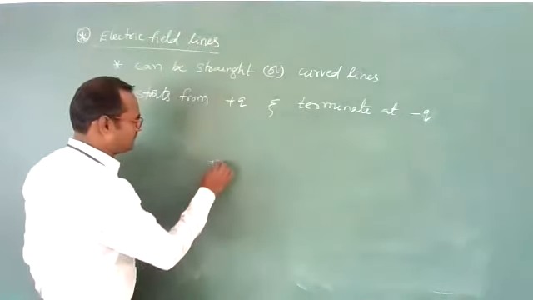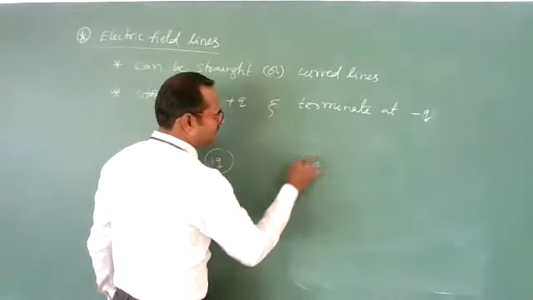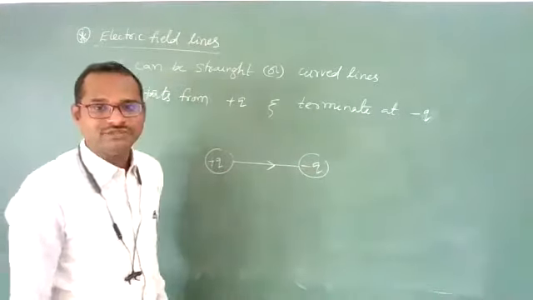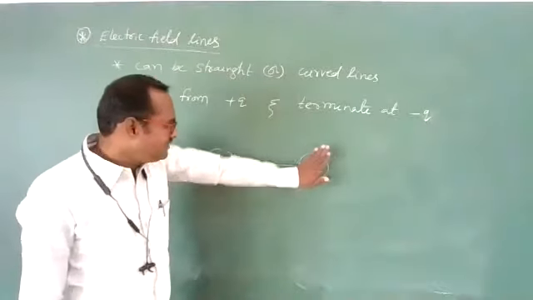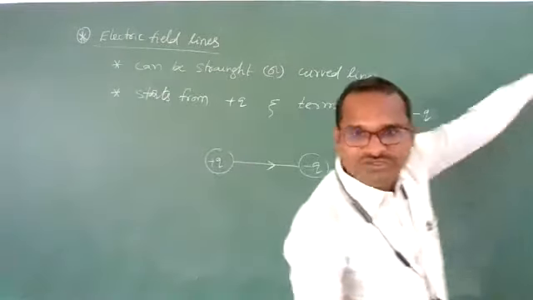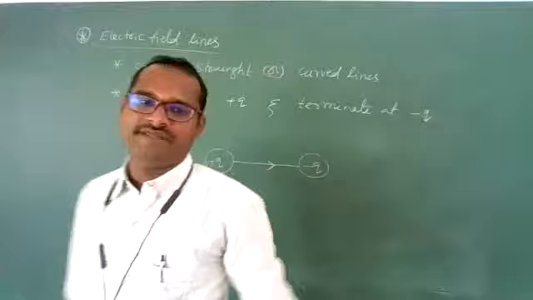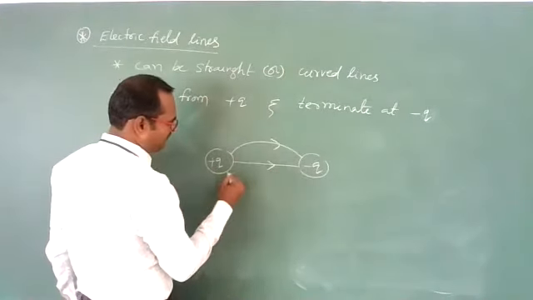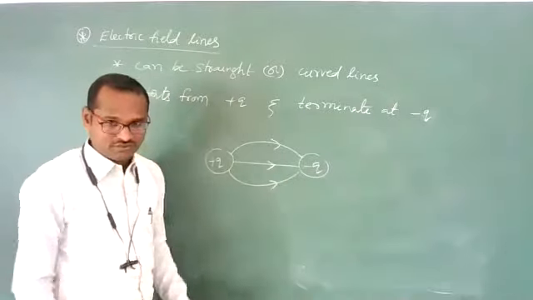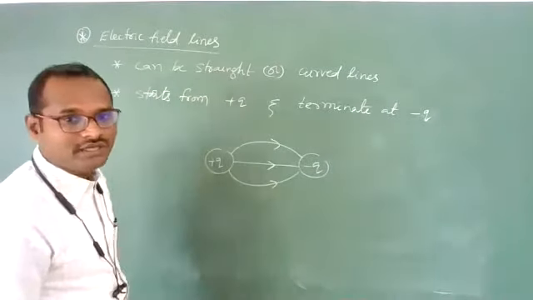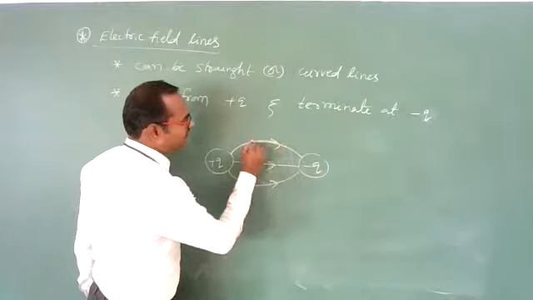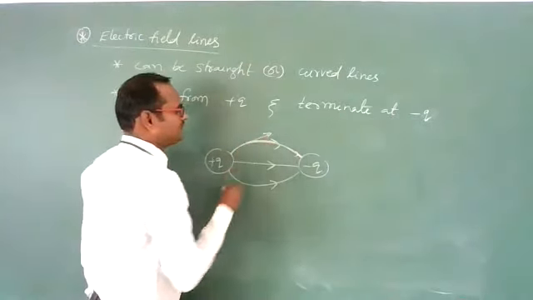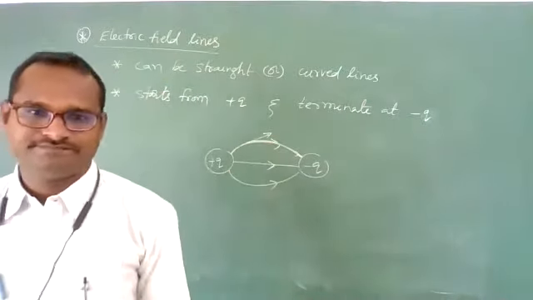See here, one positive charge is there, Q, and here one negative charge, minus Q. The lines always start from the positive charge and end at the negative charge like this. If a negative charge is not there, they will move continuously up to infinity. Where a negative charge is there, they exist up to there. These electric field lines can also be curved. Clear, students? On a curved line, if you want the direction of the electric field, you need to draw a tangent. The tangent gives the direction of the electric field.